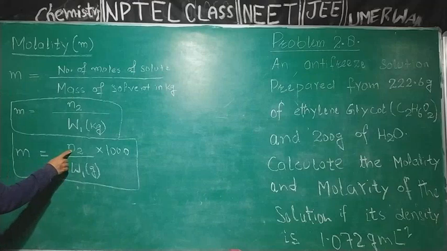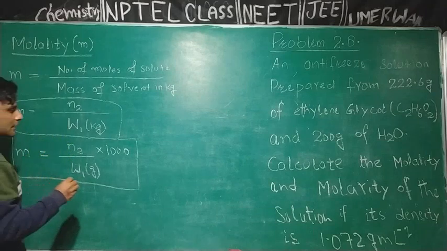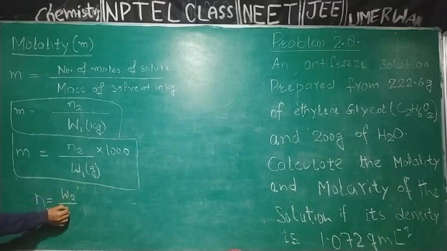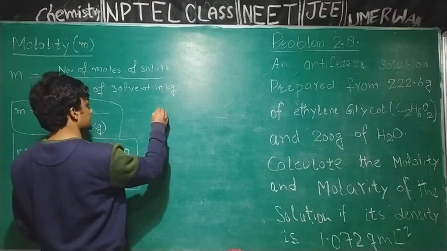So here I will express number of moles of solute in terms of its available mass, and the exact equation that relates moles with available mass is number of moles of solute will be equal to available mass W2 and molar mass M2. I will express N2 in terms of W2 and M2, and the equation I will get is